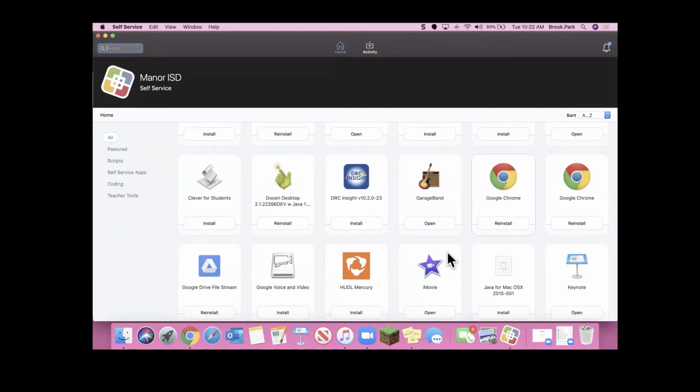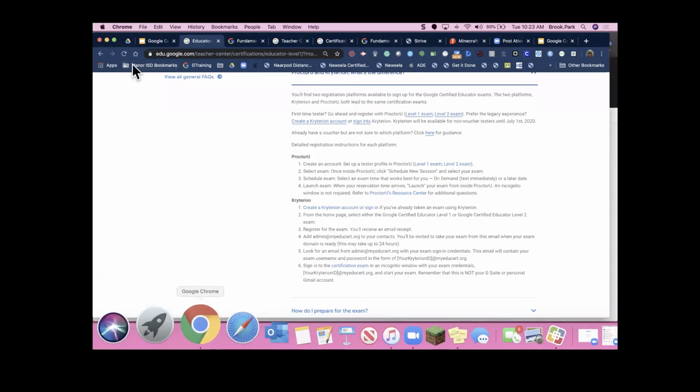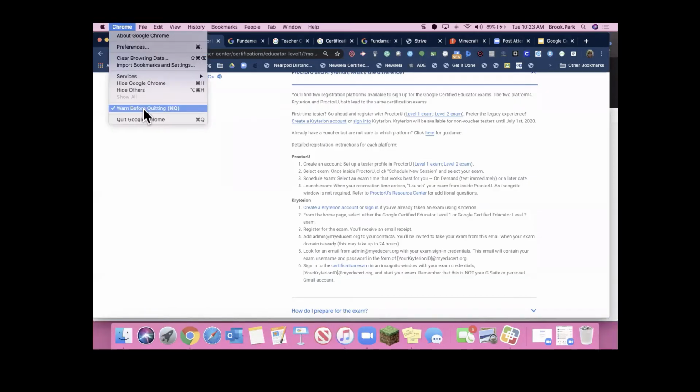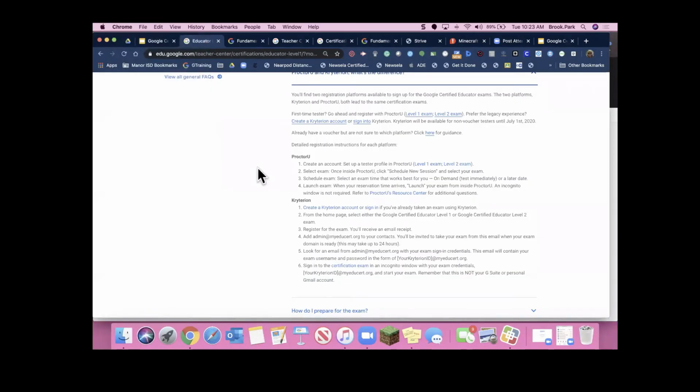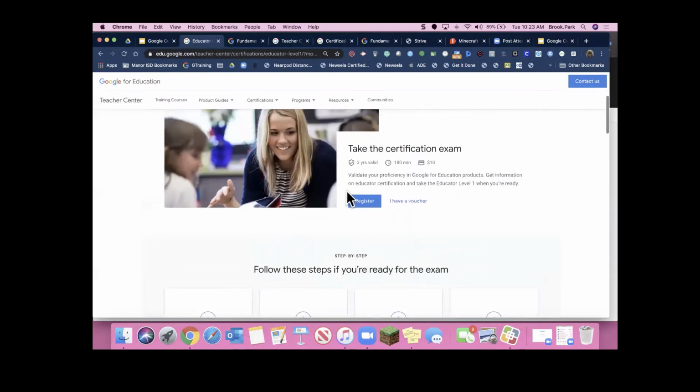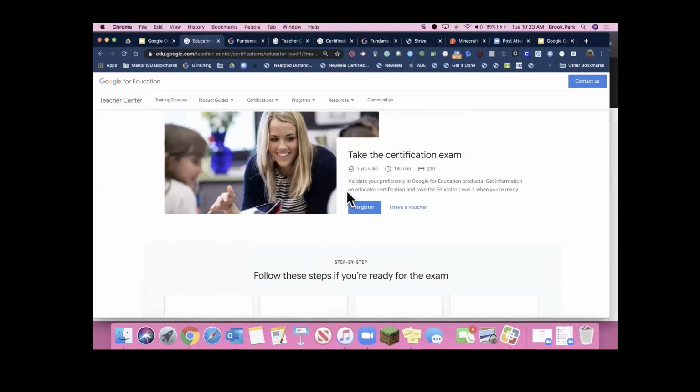And to do that, once it's reinstalled, I just go up to Chrome and quit it, and then I just restart it. Or you can restart your whole computer, especially if you haven't done that in a few days. I always suggest restarting your computers as the first thing to do when you're trying to troubleshoot anything or if you're having any kind of issues at all. So that would be one of the first things to do before you take your test,